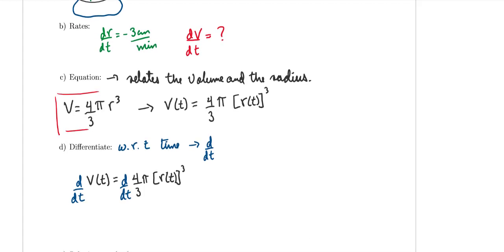Now, if we're taking the derivative with respect to time, once again, notice here, guys, just like the examples that we were doing above, we will be needing a chain rule. So this one here, this 4/3 pi, it's a constant. So I'm just going to keep it out and ask myself, okay, what is the derivative with respect to time of r of t cubed? So using the chain rule here, we end up with 4/3 pi times,